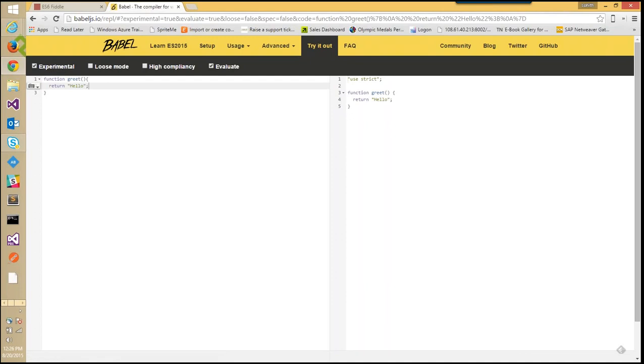So the code that I wrote on the left hand side is not ES6, it's plain JavaScript. We know the function, it has a function name, and I'm doing a return. That's why on the right hand side you see that Babel is transcoding it as is, because I have not written anything ES5 specific. But there are certain things called let